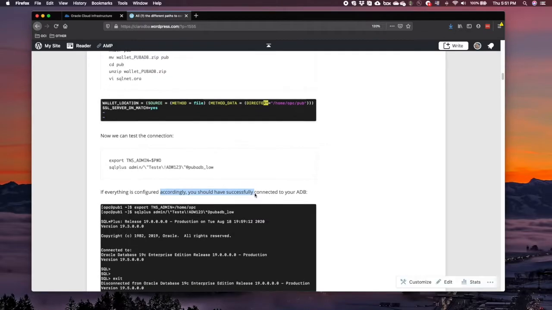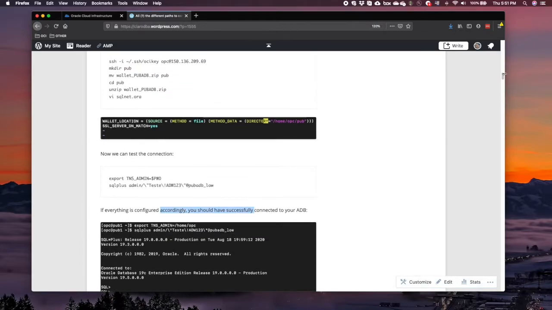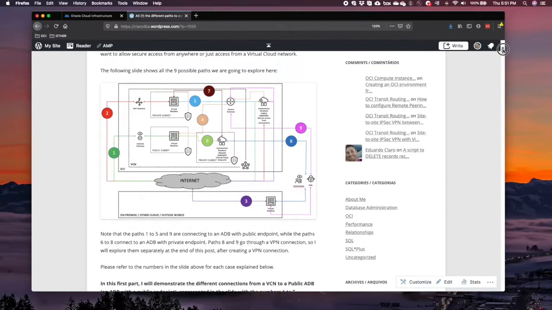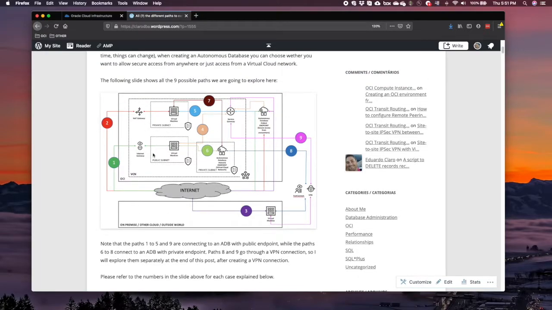Okay, let's come back to the slide to see what I did. So I have a public subnet. This public virtual machine is in the public subnet, connected to the internet through an internet gateway, and then it was able to reach the public endpoint of my autonomous database. Okay, so what I'm gonna do now is set up the second connection, which is pretty similar, but